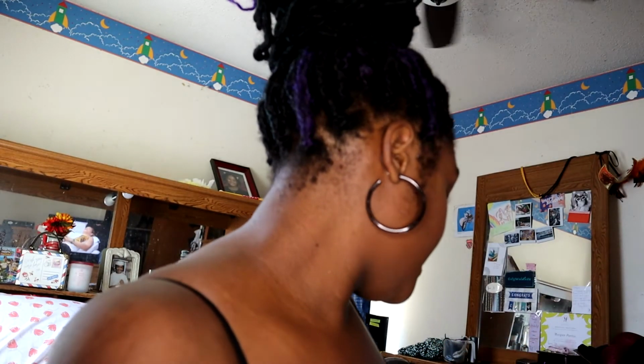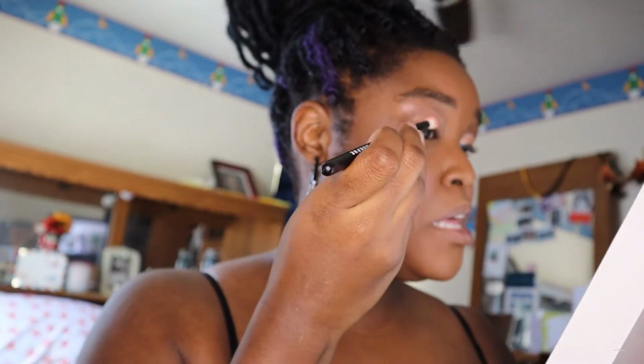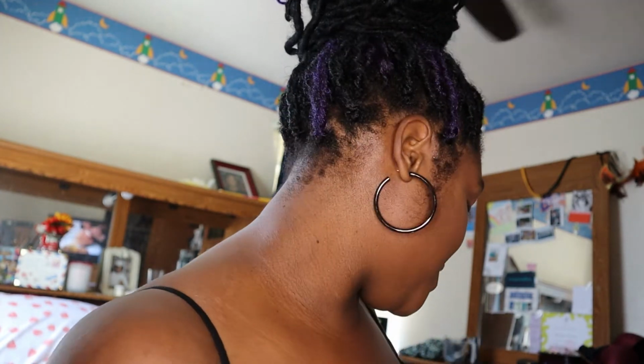So, I then tried a different foundation. I started looking into, I want to say, L'Oreal. I don't remember which one, but it was definitely L'Oreal because it was whatever I could find at Kroger. And I didn't get it because I didn't think I could find my skin tone. I believe the darkest shade was called Chestnut, and Chestnut just looked very, very dark, and I was just like, I don't want to waste $10 on this, especially because